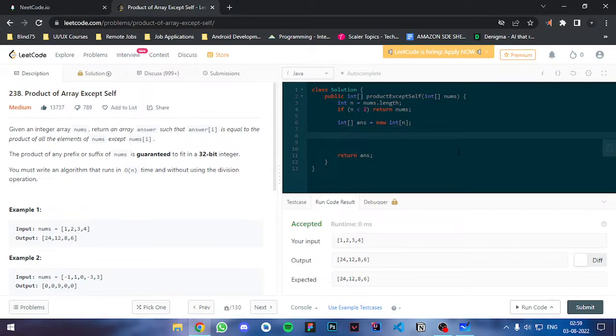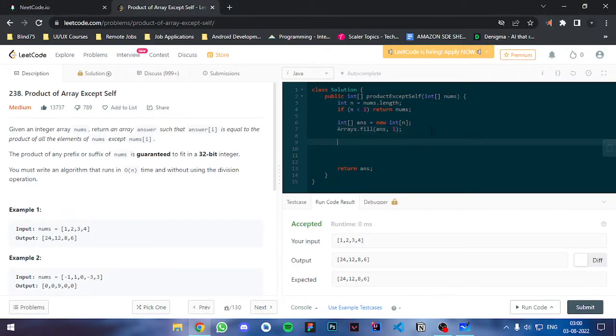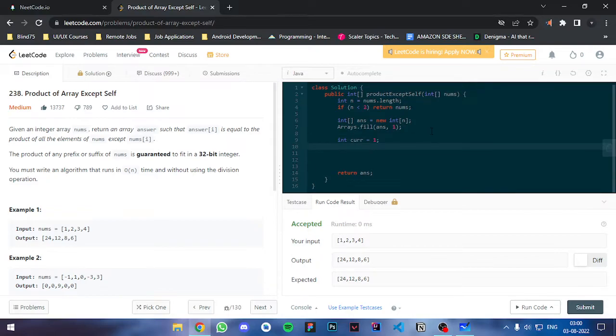So let's say we have this array and we can just use the Arrays.fill method, so we don't have to loop again. What it will do is fill the entire array with 1. So the answer array is 1, 1, 1 and so on till the end, right? Now we can initialize current equals 1, and then we can just loop again